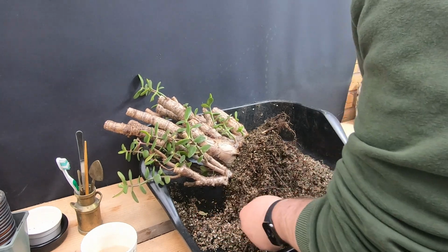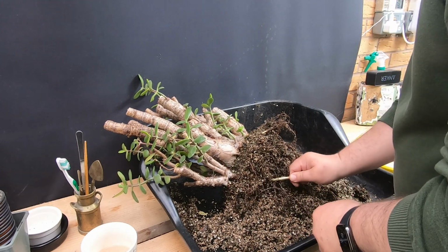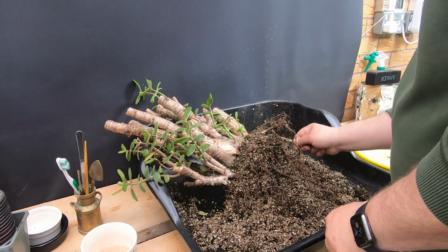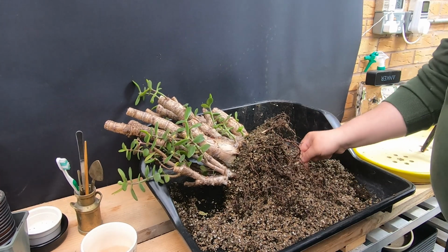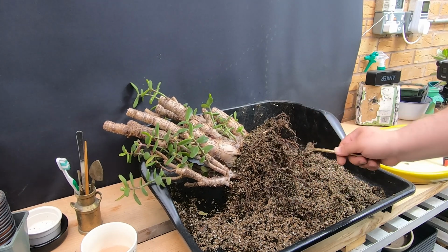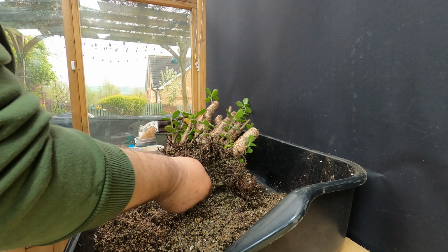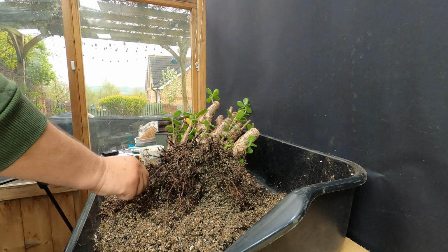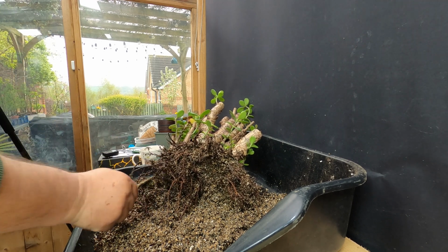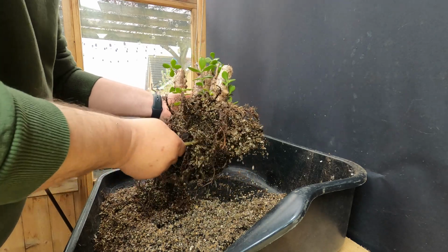Now, I don't know what it is with me, but I've never knowingly experienced that. I know that I water my jades a lot more than a lot of other people do, having watched lots of jade videos and listened to what people say, paying attention to different aspects of what people have to say. And there's this obvious fear of overwatering your jade tree, and it's valid. It really is valid. I'm not going to say it's not, but